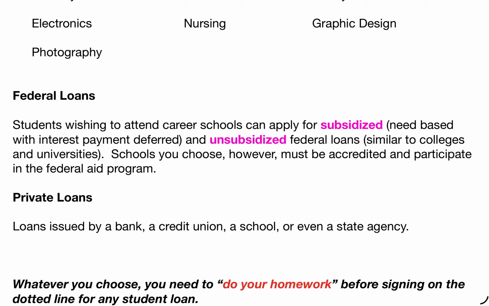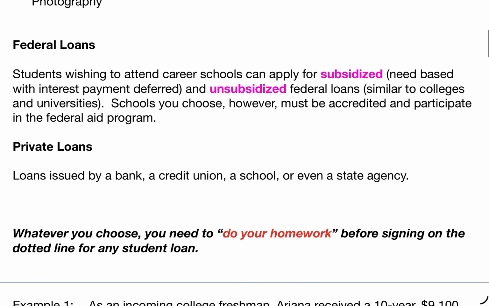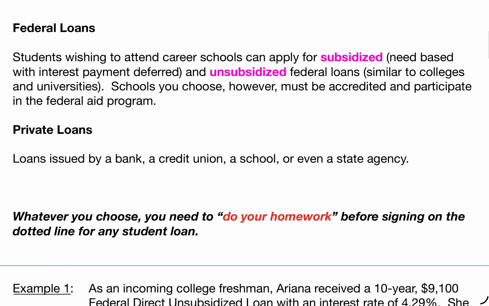Now, regardless of the direction you decide to choose, it is really important that you do your homework and understand what you are committing to before signing on the dotted line for any student loan. And when I say do your homework, you have to know your numbers, meaning you need to understand what you're ultimately going to pay at the end of the term of the loan. Now we're going to go through a few examples here to help you understand what's involved